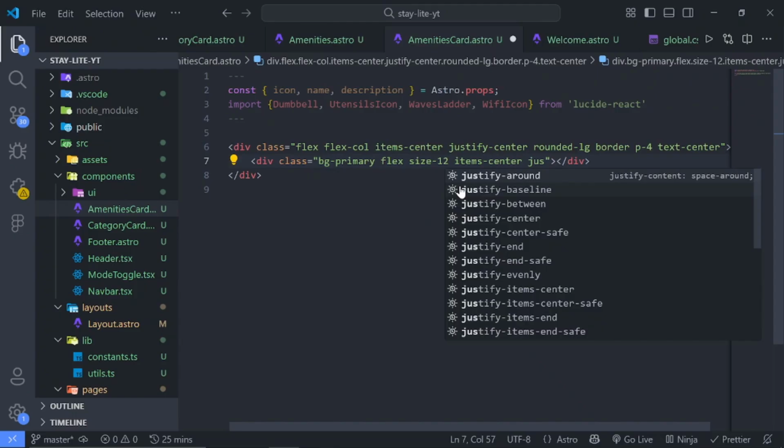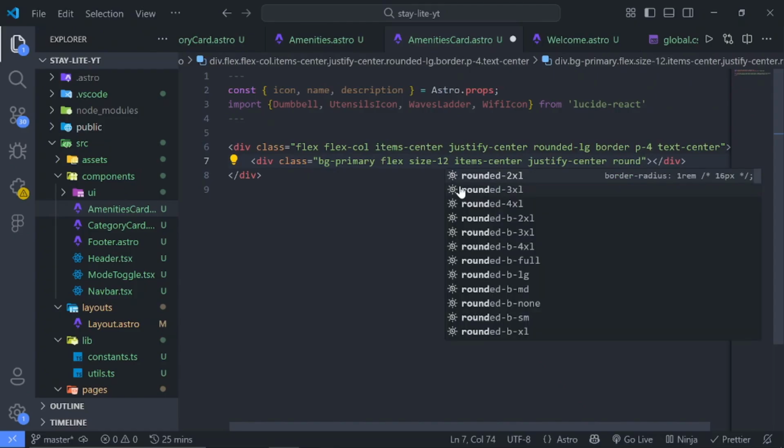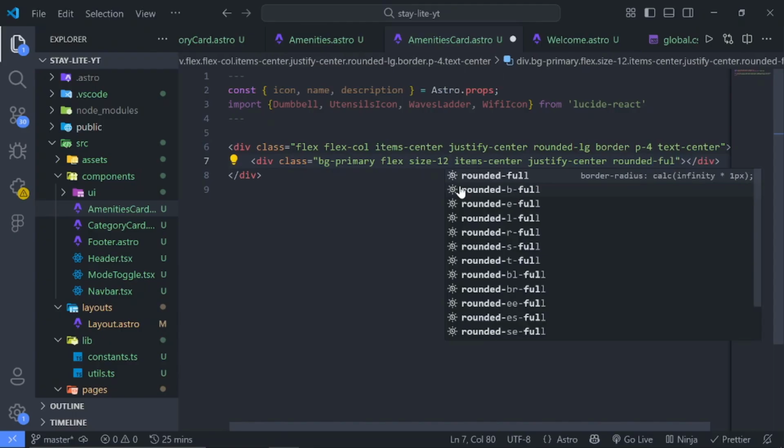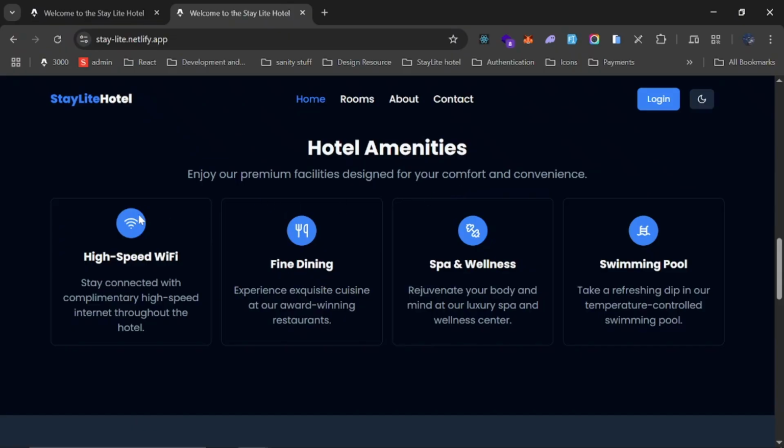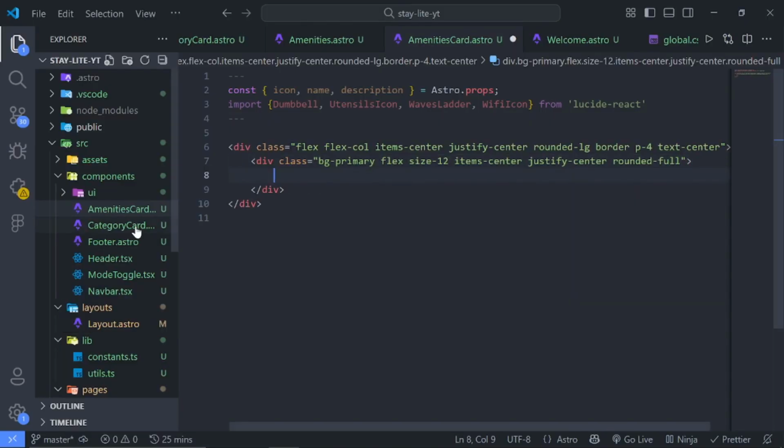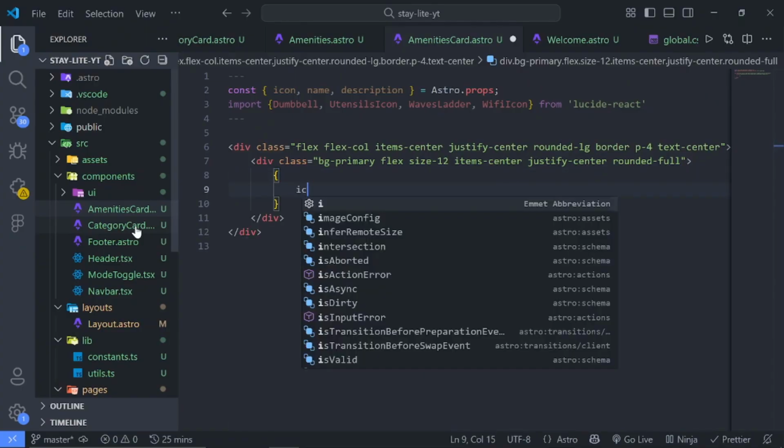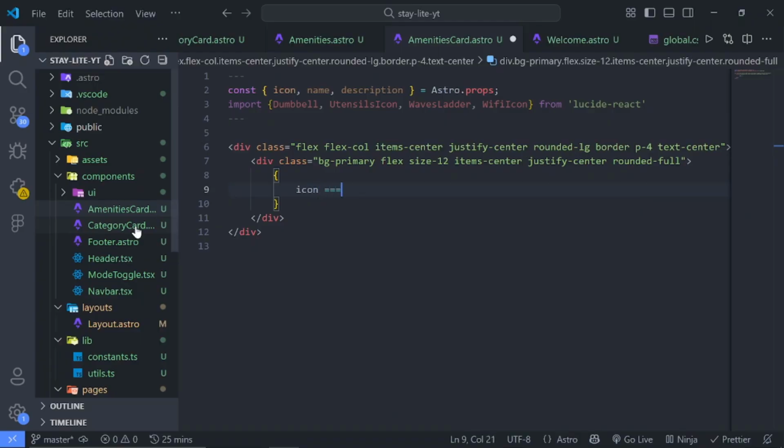Then justify should be center as well. Then rounded should be 4. So essentially we're styling this icon like so. Then inside it, we're doing some checks. So we use the curly brackets. So we say if the icon is equals to Wi-Fi, then we want to do something